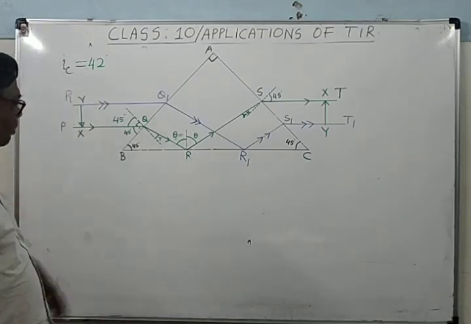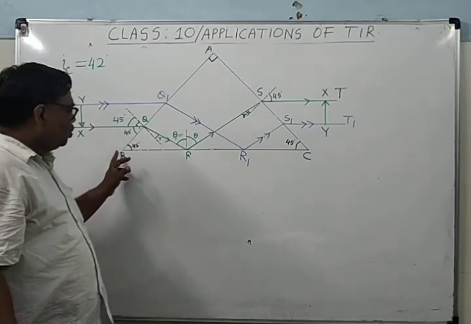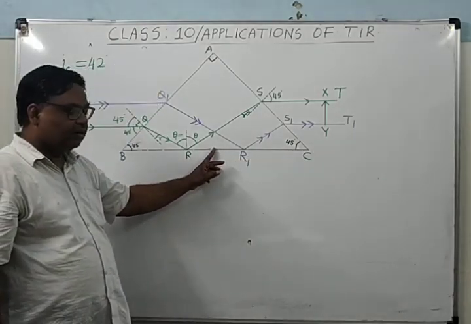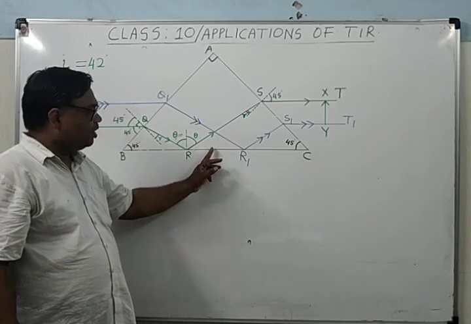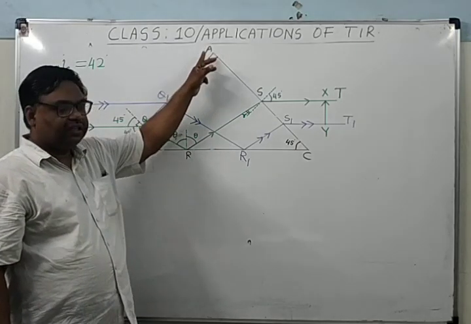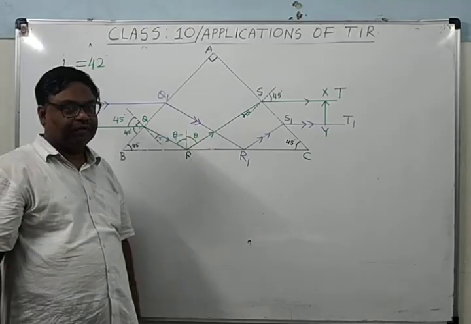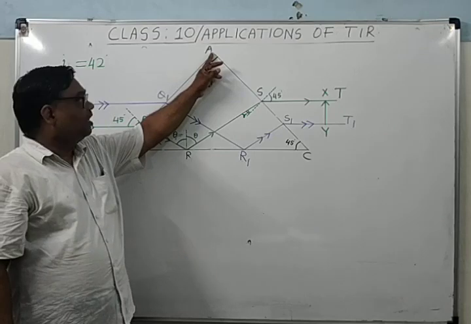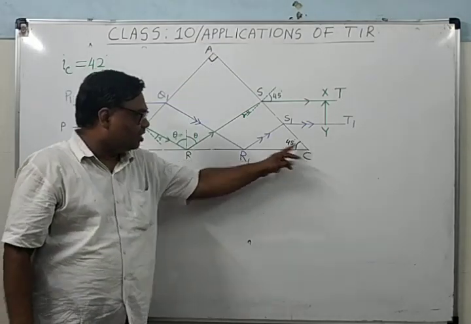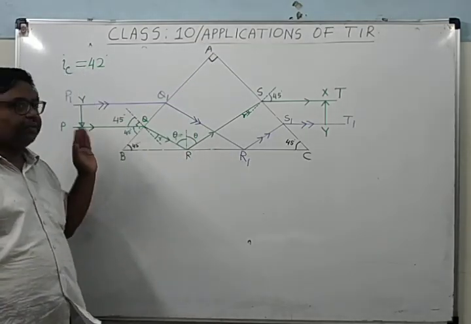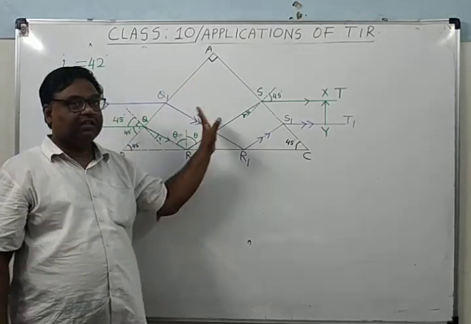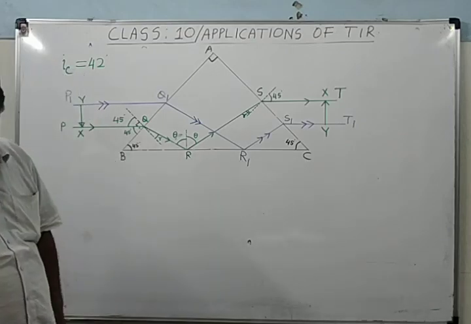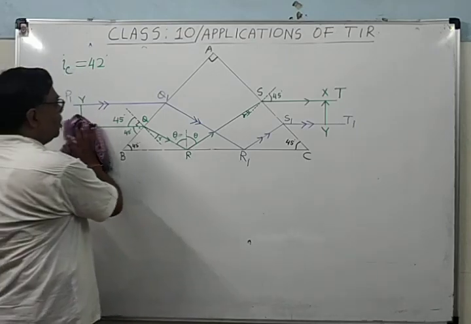How will you make this prism? That also I told. You draw this line 20 centimeter, mark a point at 10 centimeter. From here you draw a normal line by the pencil because that you have to remove afterwards. And on that line you mark a point at 10 centimeter. Then this length and this length will be same. You join this and that, the prism you will make this way. It's clear?